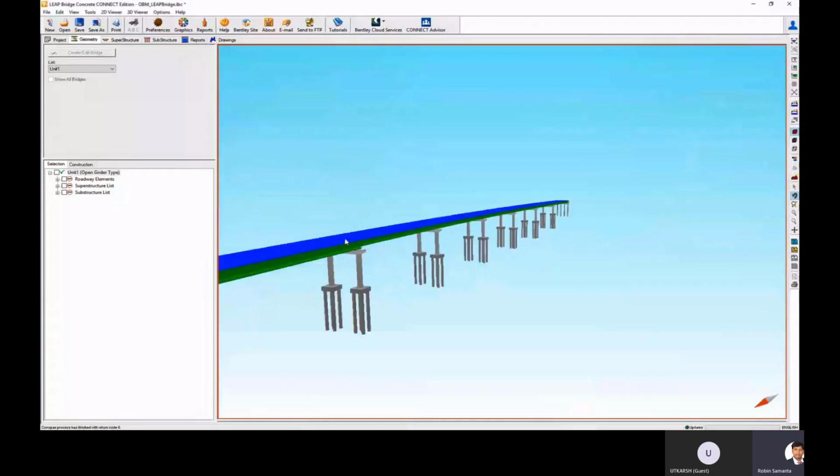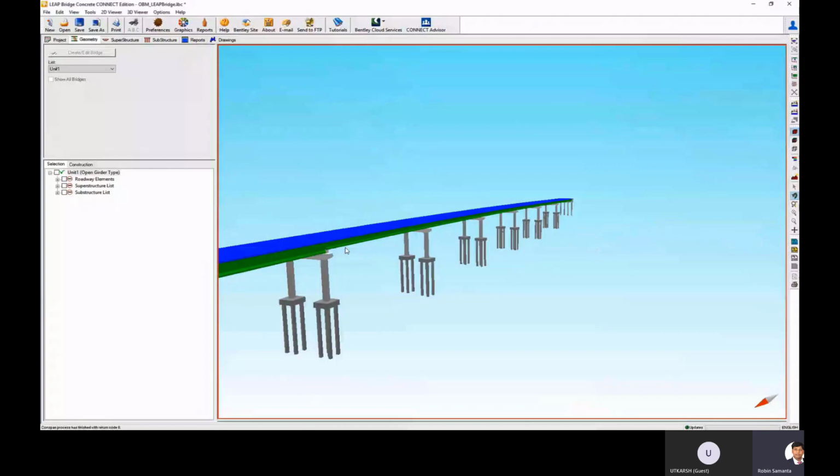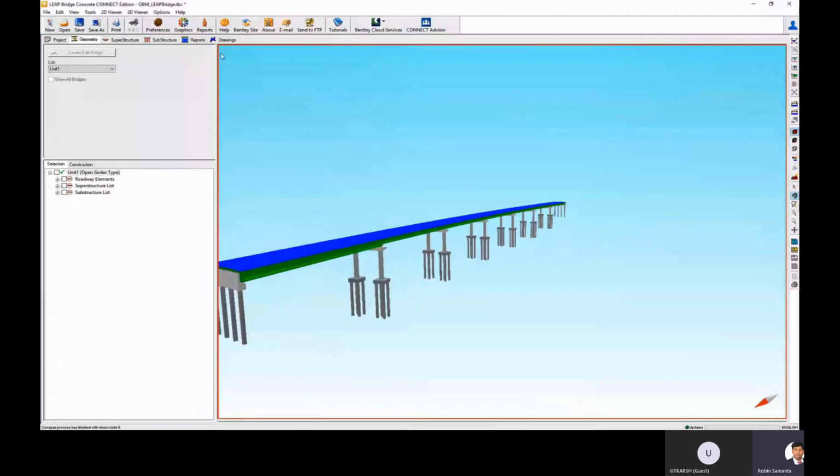You can clearly see that between span one and span two, span one has the bigger girder. And there is a certain interoperability option on this side as well.